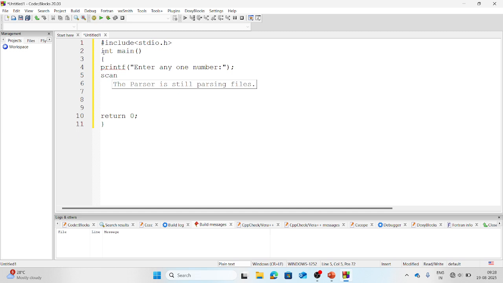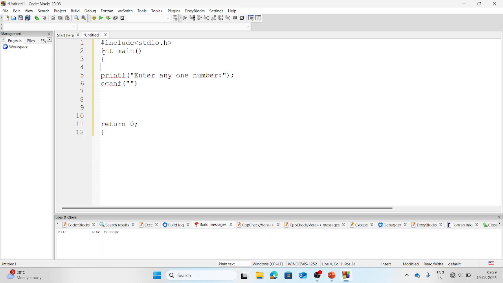Then the value would be stored with the help of scanf, and the syntax of scanf says to use double inverted commas. Then you tell the compiler which type of variable you are taking. First of all, give the definition of your number. Let us suppose I'm taking an integer number, so int number.